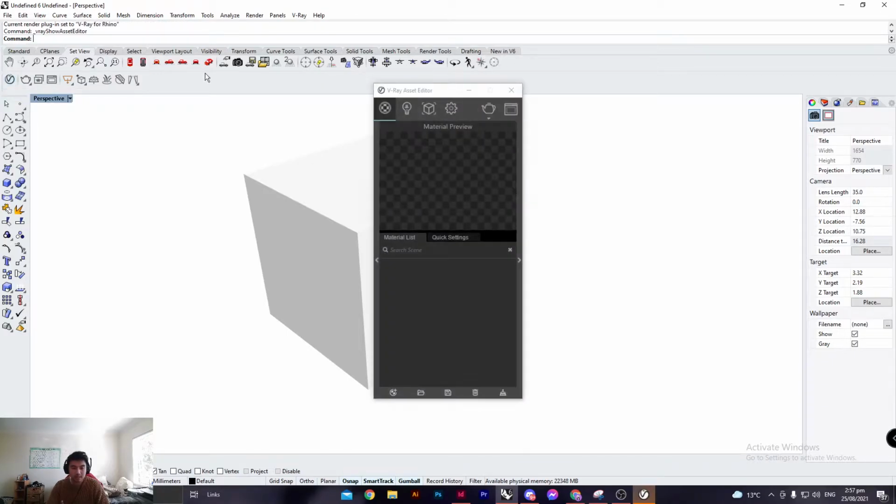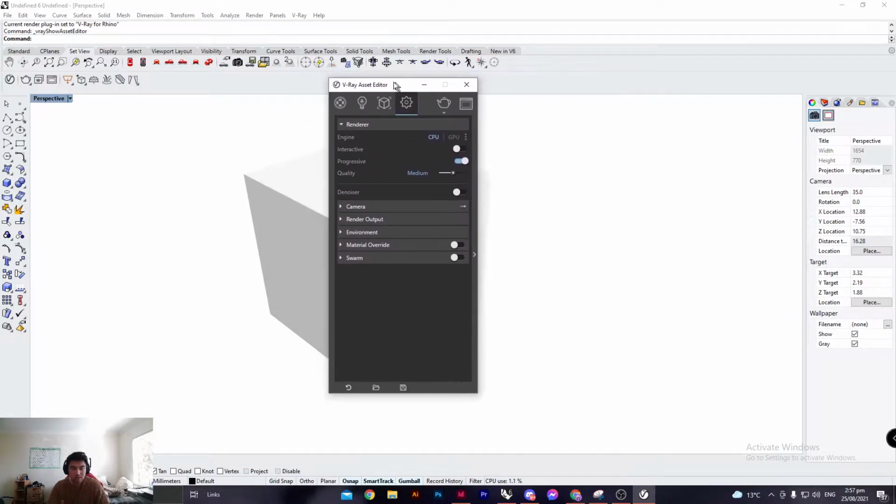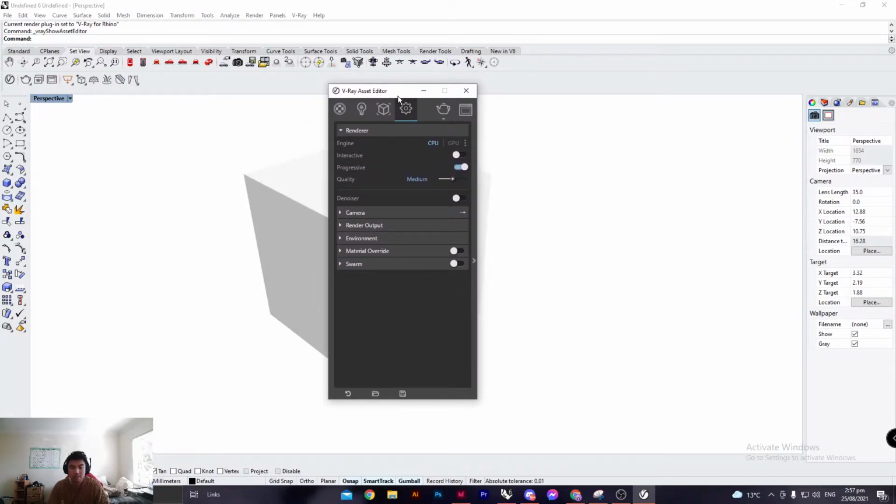Click into that. Boom. So it's going to give you this UI over here, and first thing you want to do is change this quality from medium quality to very high quality. That just optimizes the performance of this render. And there's two types of engines that we'll be using, so you can either use your CPU or your GPU as your renderer. So CPU is your CPU, obviously,